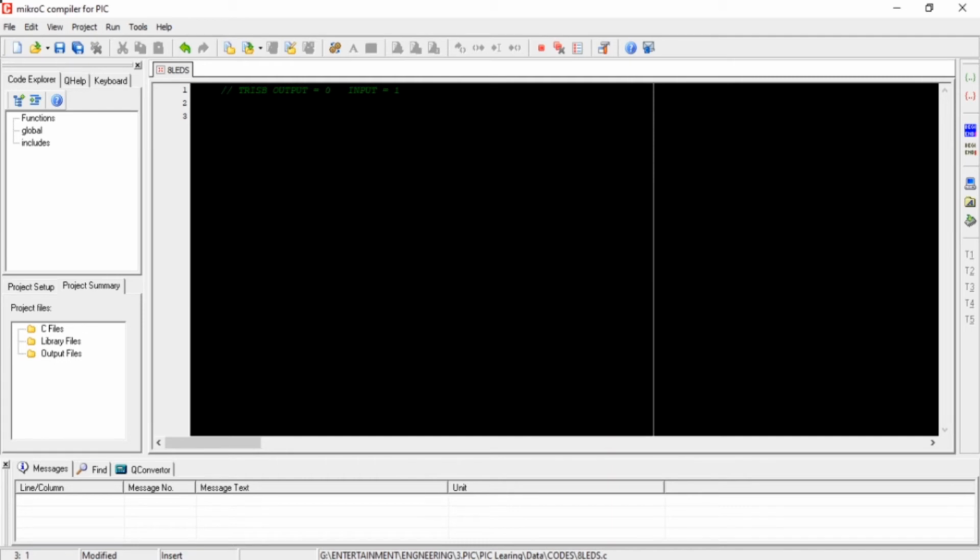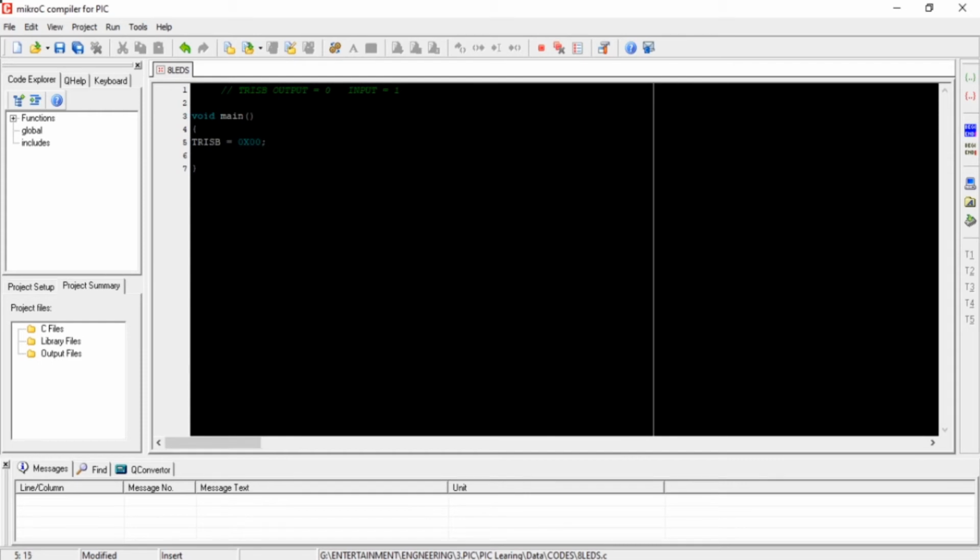Then start your programming with void main, bracket start, bracket close, use curly brackets. Then, very first, use TRISB equal to 0x00.